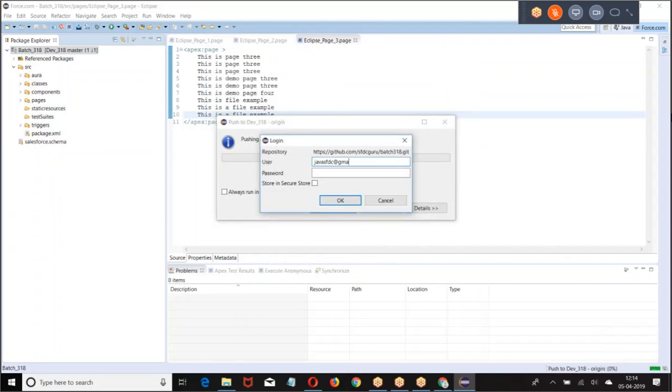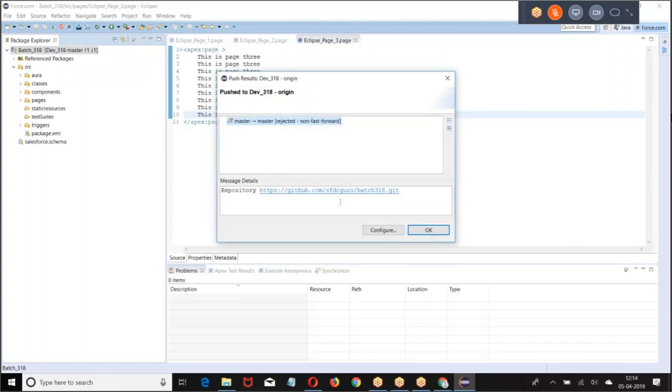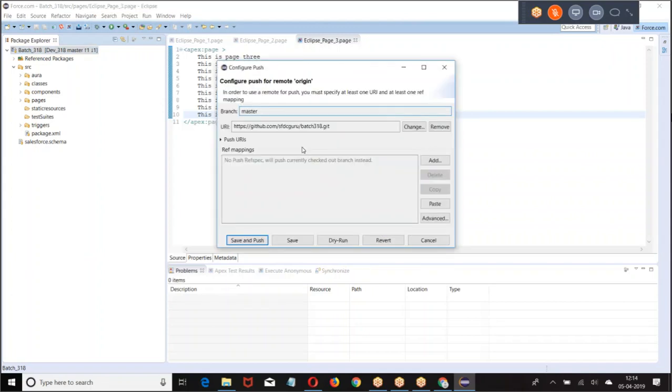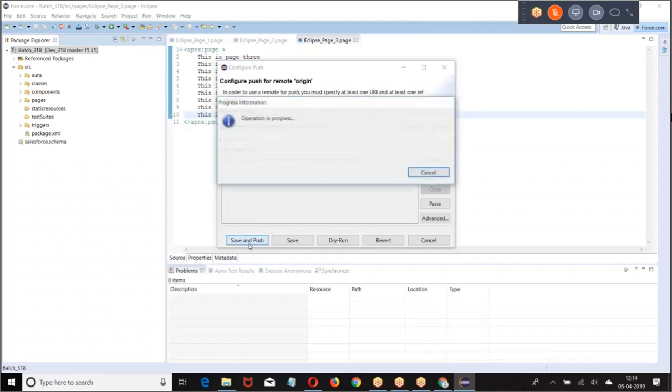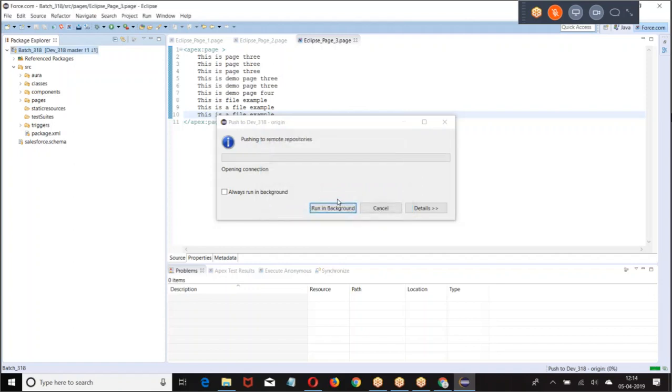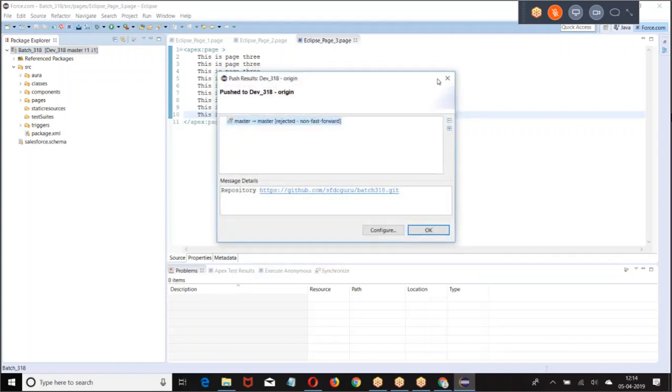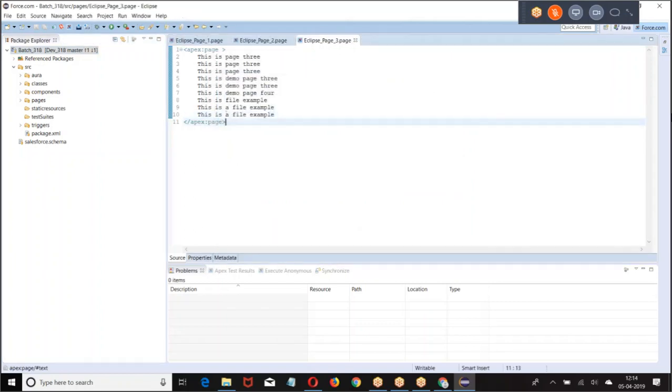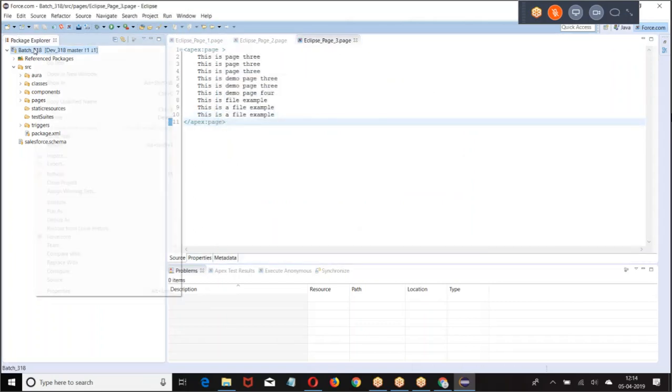Java SFDC. Basically, make changes, commit and push, or else pull. Rejected, non-fast forward. Why was there an issue with that?